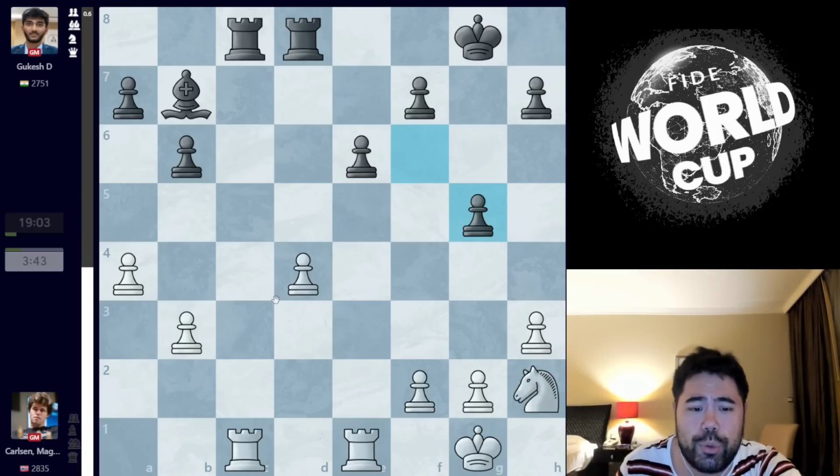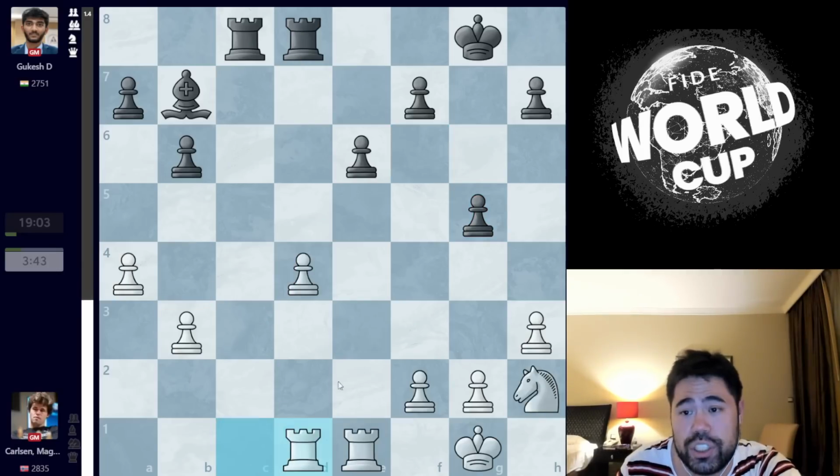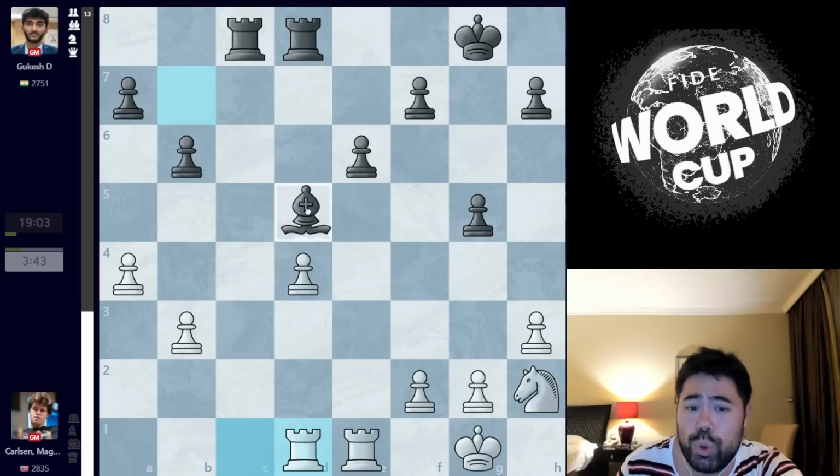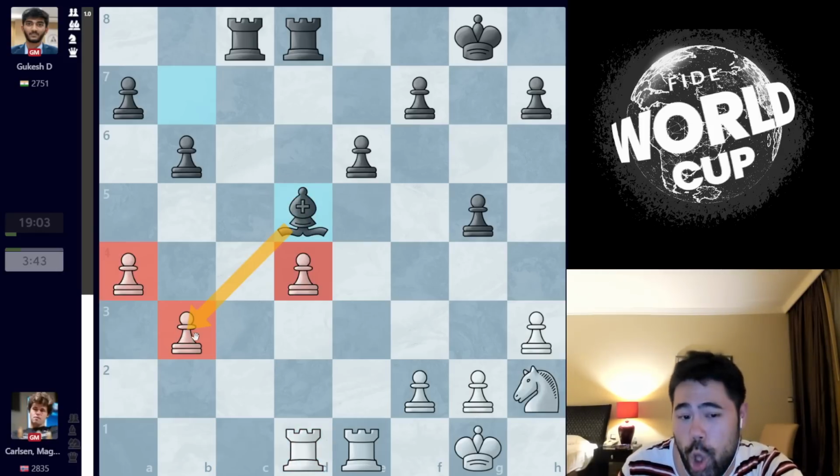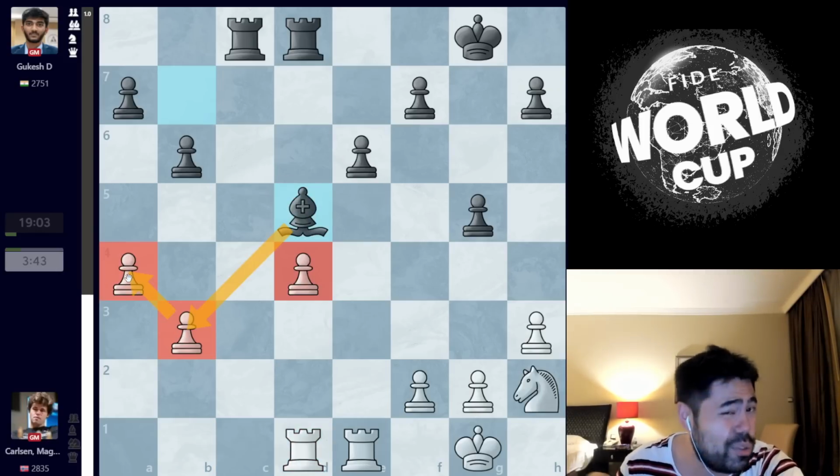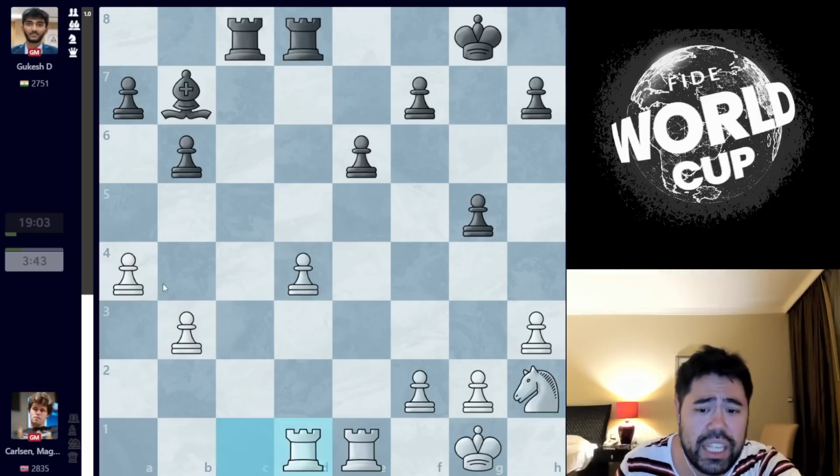So if Magnus trades the queens, again, you're going to struggle to protect this pawn on d4. And if you play a move like rook d1, there are many ways black is better, but one of the simplest is to go bishop d5, targeting this pawn on b3. And with all these weaknesses on the queen side, it's very questionable whether white can save the game.